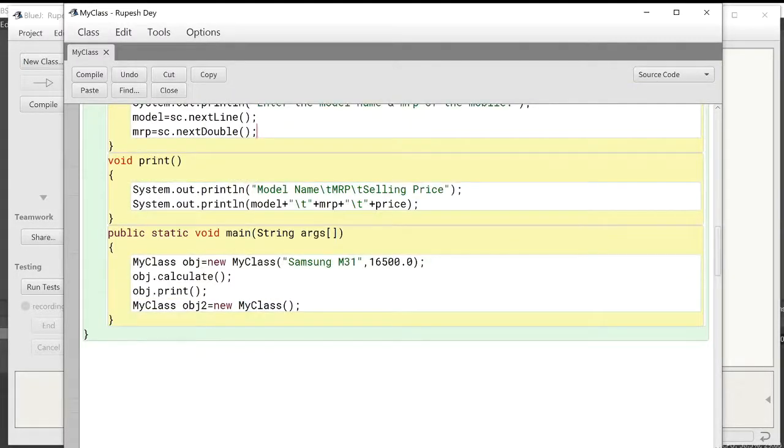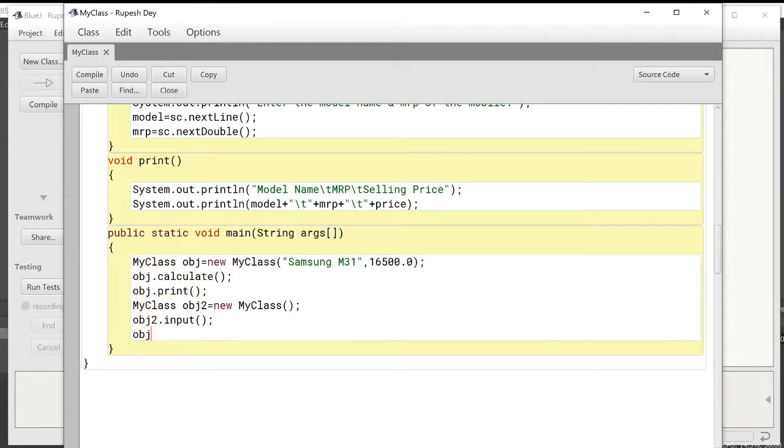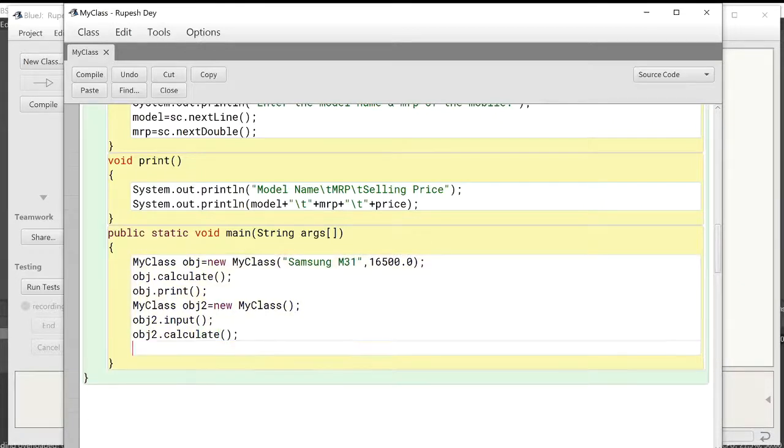Now in the main function, as this statement creates an object using the default constructor, for the instance variables of this object we have to call the input function to take values. So obj2.input, next is obj2.calculate to calculate the selling price, and last one is obj2.print. Over.